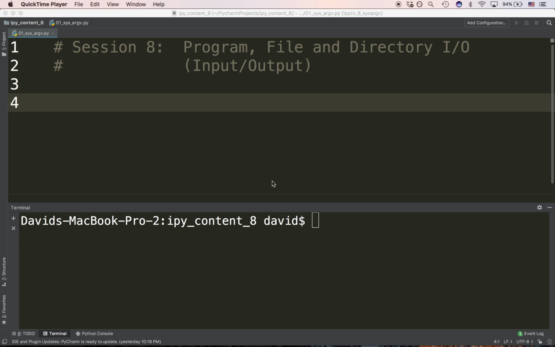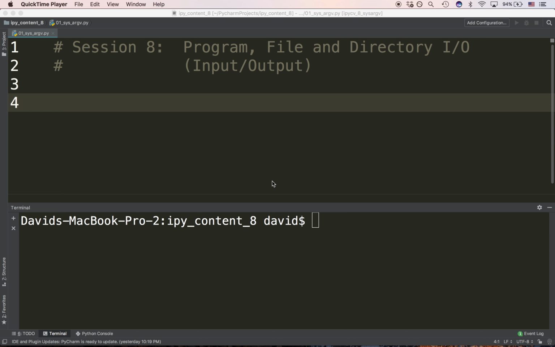Session 8 is about I/O. I don't know if you've seen that abbreviation before, but I/O stands for input output. Sometimes I've seen a number of IT conferences called I/O, and they're using that colloquially to mean input output of information between people at the conference. But I/O refers specifically to input output, usually between either a machine and a network or between a program and